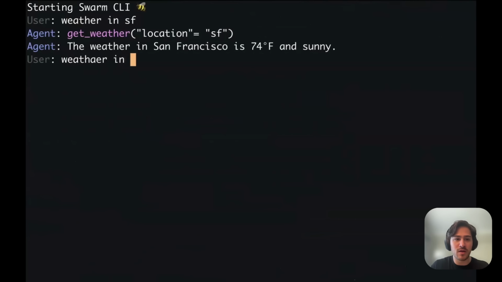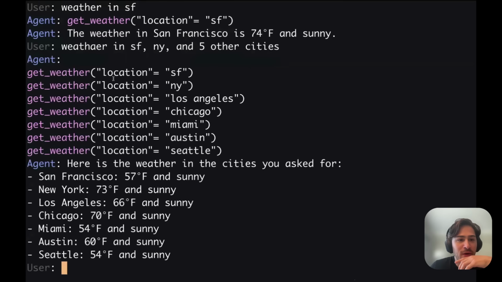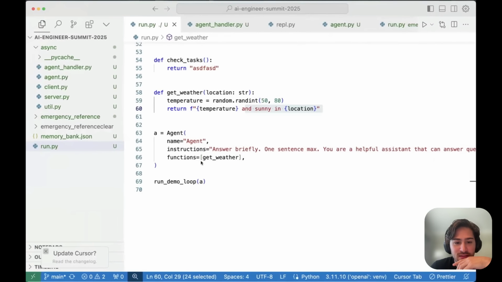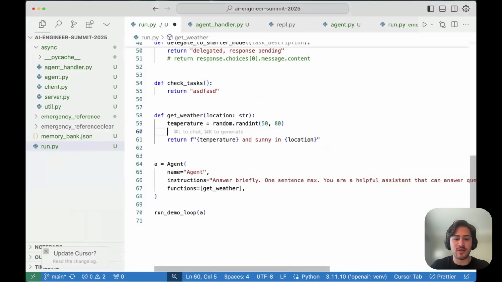And now it's like weather in SF, New York, and the 5 other cities. It's still gonna do the parallel function calling. And here it's fine because they all return immediately, right? But now let's add an artificial wait. So let's say time dot sleep 1, right?